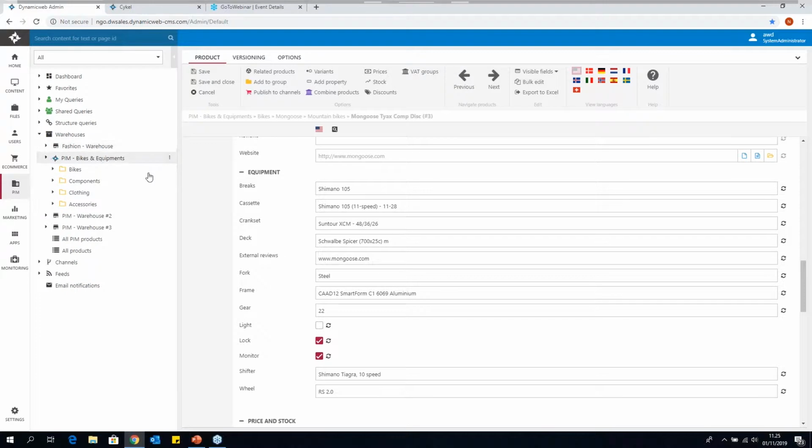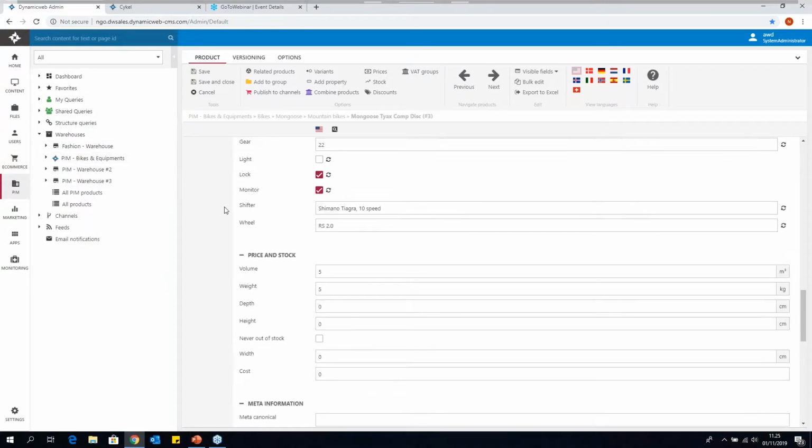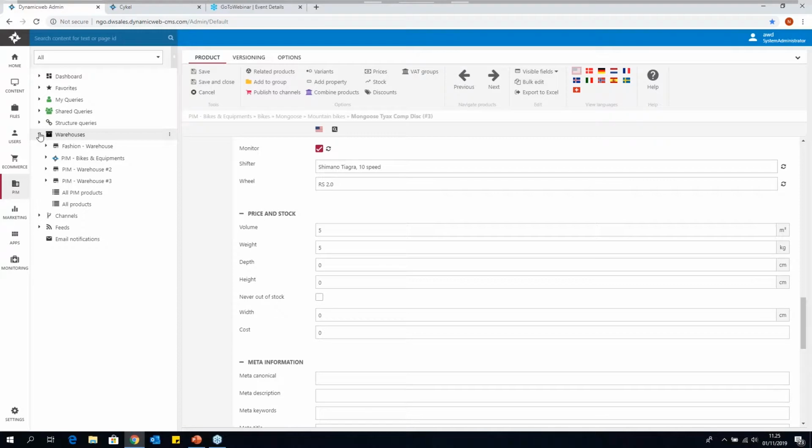All right, and once we're happy with this, we are able to move on to our workflows, where we now think of how we make it easier for the employees to approach enriching our products and ensure that the information that should be applied to those products is actually fulfilled. Because when you look at a warehouse like this one,